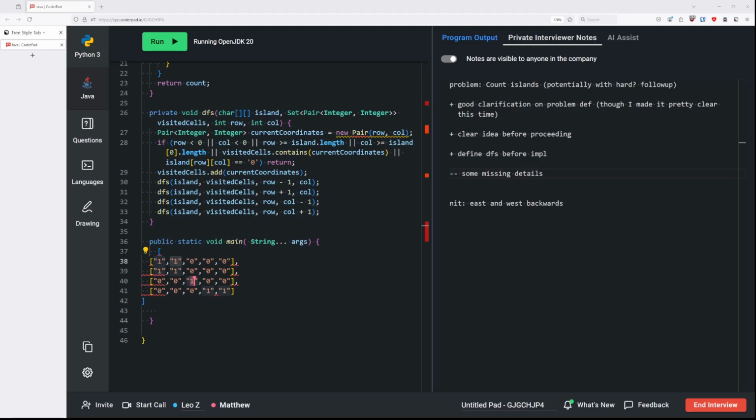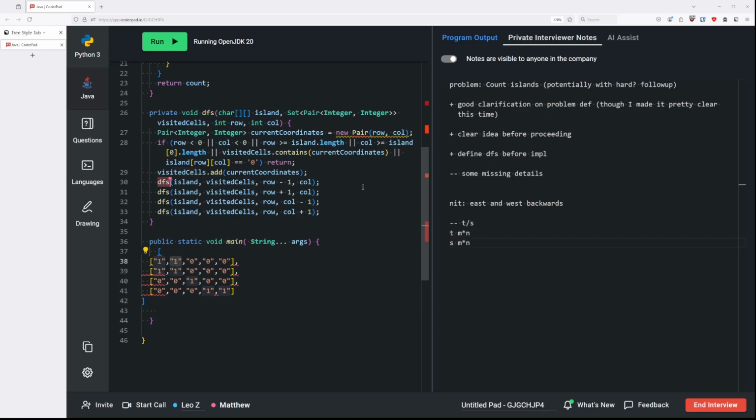And then in terms of space complexity, the thing that we're storing that depends on m and n is, well actually I don't know if it depends on m and n, but visited cells is the auxiliary data structure that we're storing, and that depends on the number of cells that are land, which at worst could be all the cells. In which case we'd be storing m by n. Another thing to consider is